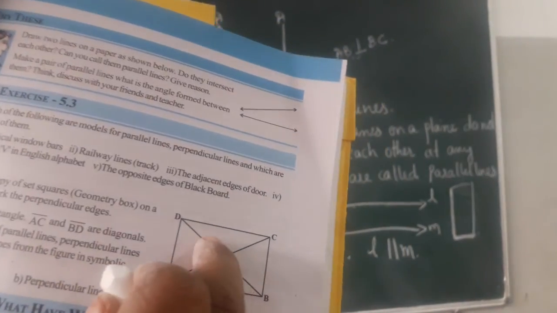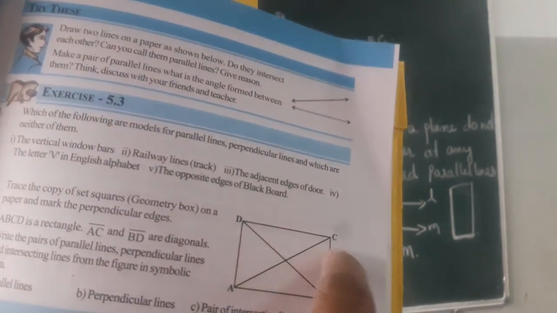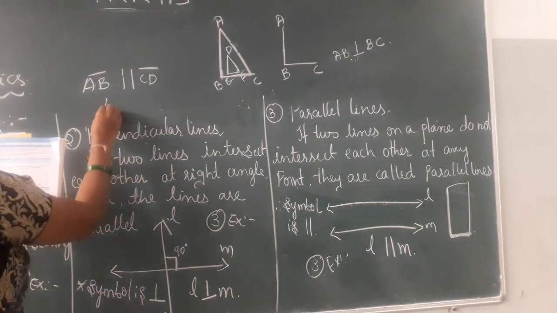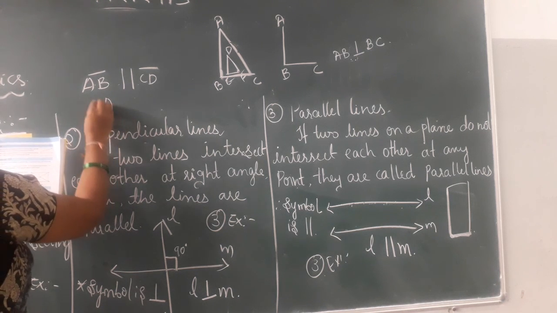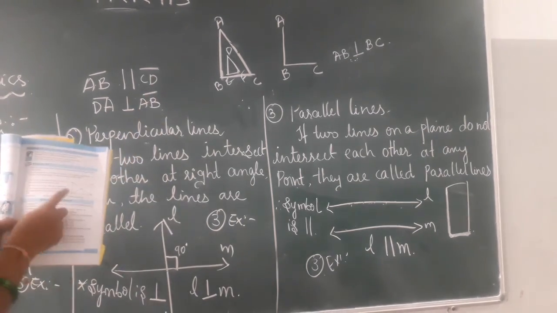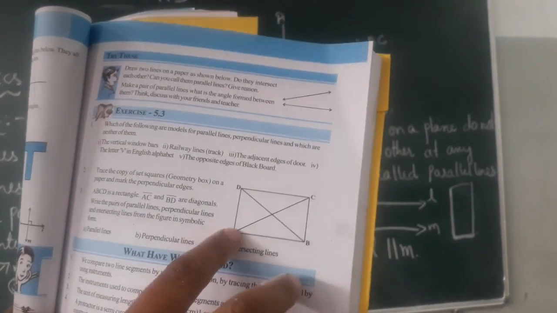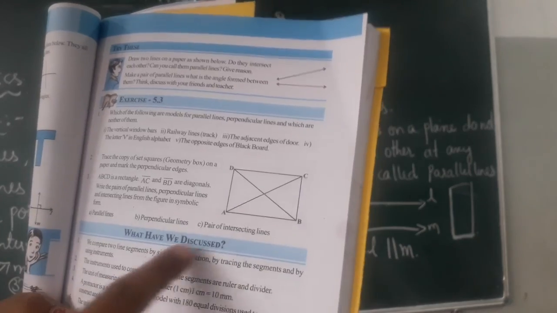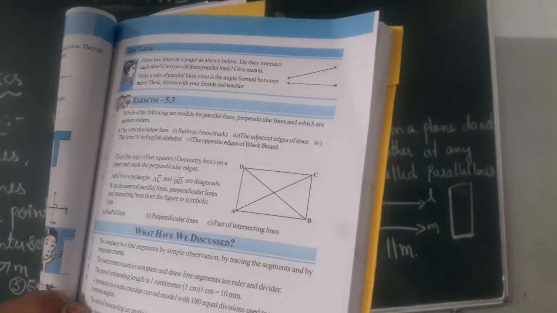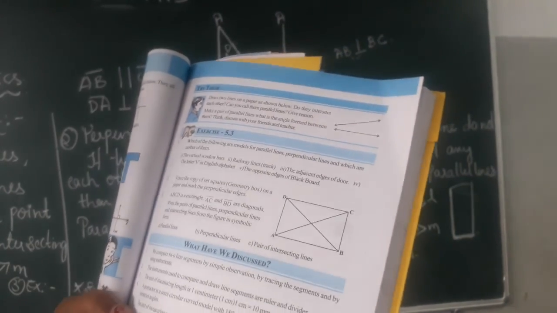And coming to perpendicular lines. Perpendicular means, as I said, you have to form a right angle. So where is the right angle forming? At the corners it is forming the right angle. So how will you write? One example I will do. Suppose I take DA is perpendicular to AB. Like this you will find 4 perpendicular lines. Try to find out and write it. And the pairs of intersecting lines: how many pairs of intersecting lines are you finding? That also you have to find out. It is clearly given in the figure.